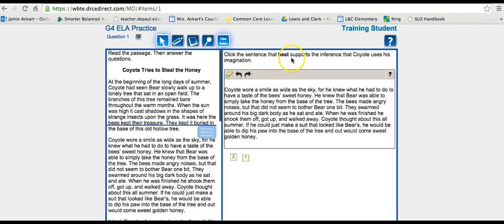Now for the student selecting their answer. It says to click the sentence that best supports the inference that Coyote uses his imagination. So the students will have to read the selected text and choose one sentence that they think best supports the inference. If you click that sentence, it will highlight the entire thing. If you decide that's not what you were wanting, the students can hit the erase button. So I'll choose